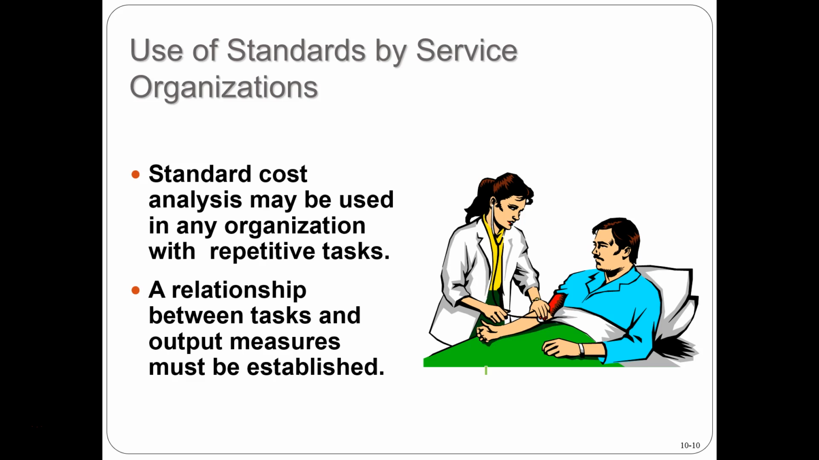And what we're looking for with managerial accounting most of the time is to quantify the data in some way, even if it's not financial data, so that we can then analyze performance and see if we have achieved certain goals and see if we can set a different benchmark for achievement. So a relationship between tasks and output measures must be established. And that is it for the first